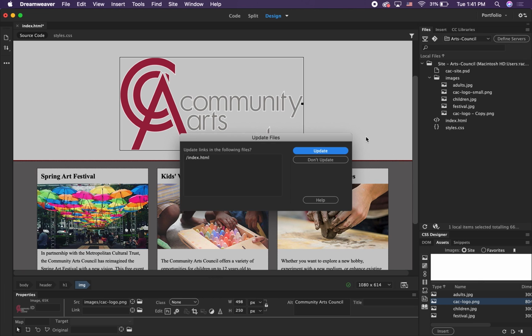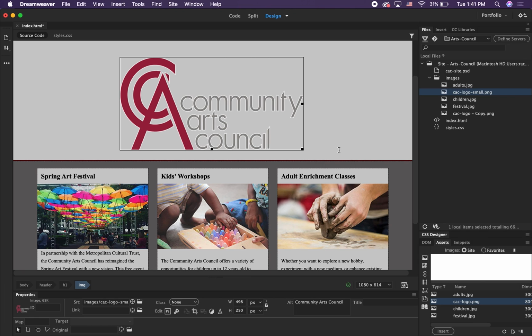And anytime you change the name of something, whether it's a HTML file or an image, you just click update. Okay, and go ahead and save that. Okay, so the next part